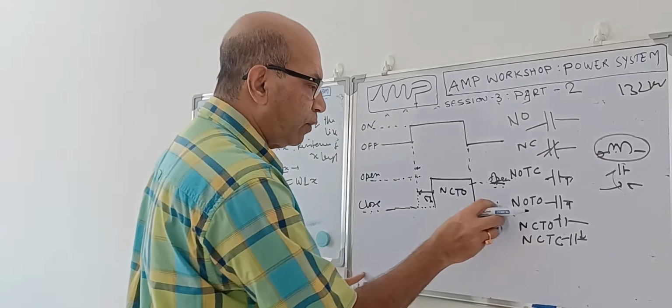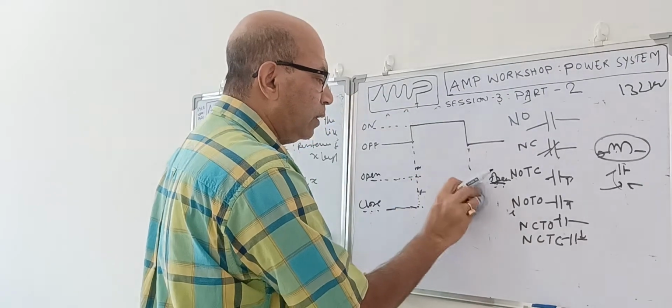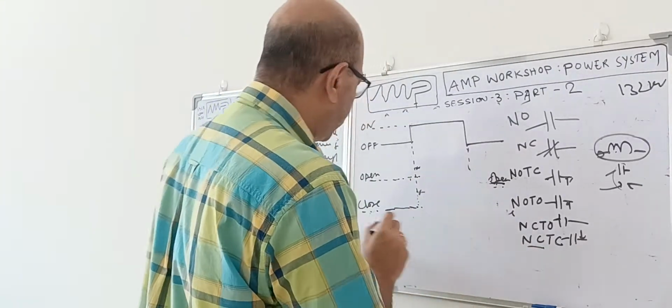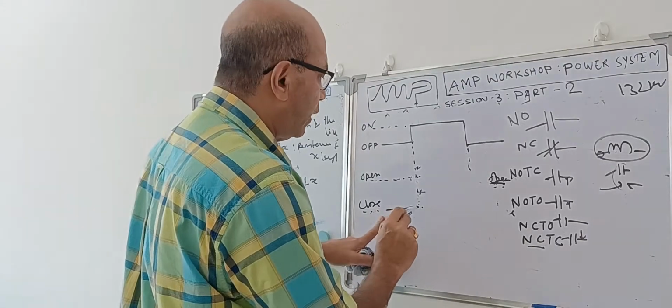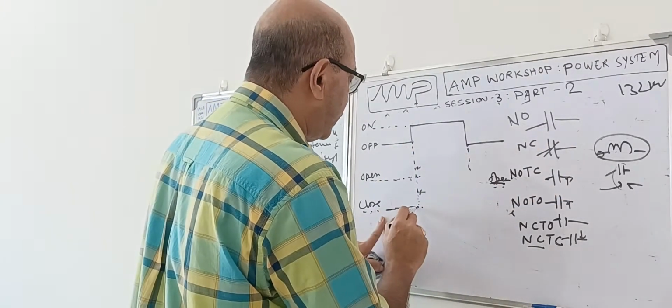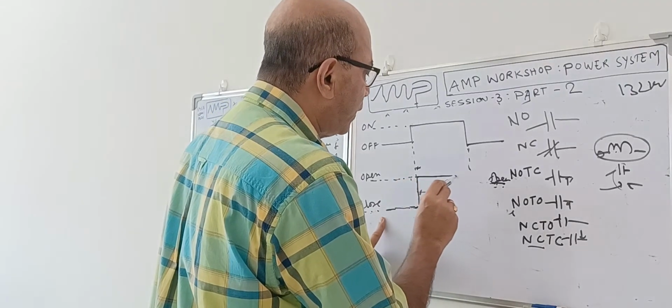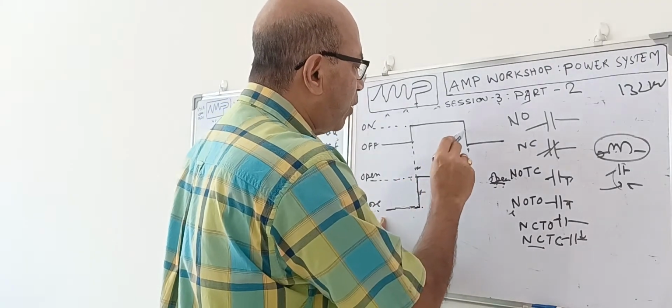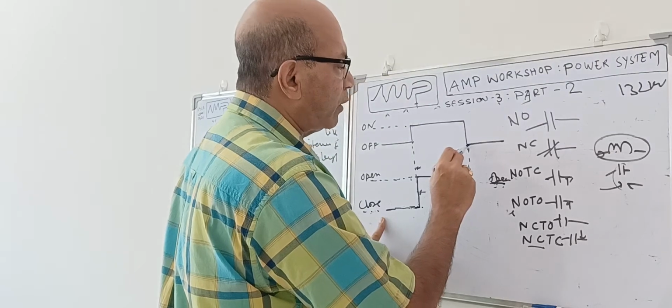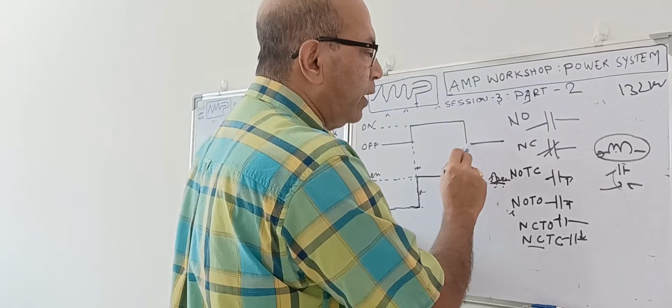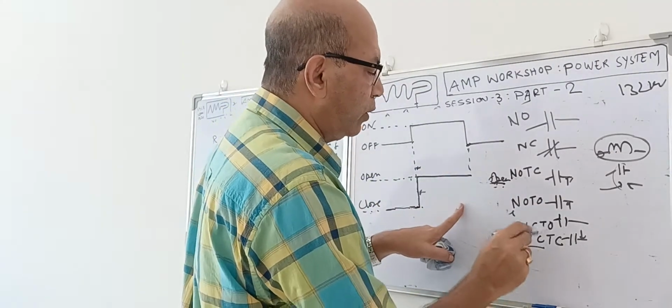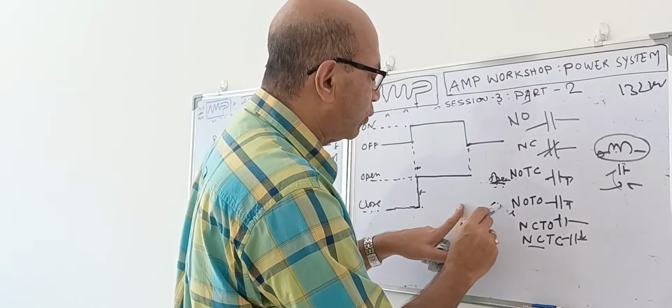Okay. Now the fourth contact is a normally closed, time delay closed. Normally the contact is in this position. Okay. The moment power supply comes to the coil, immediately this contact will go to the open position. Okay. Then it will maintain the open position up to this point. The moment power supply goes off, at this point, immediately this contact will not drop. The contact will not come back to the closed position again.